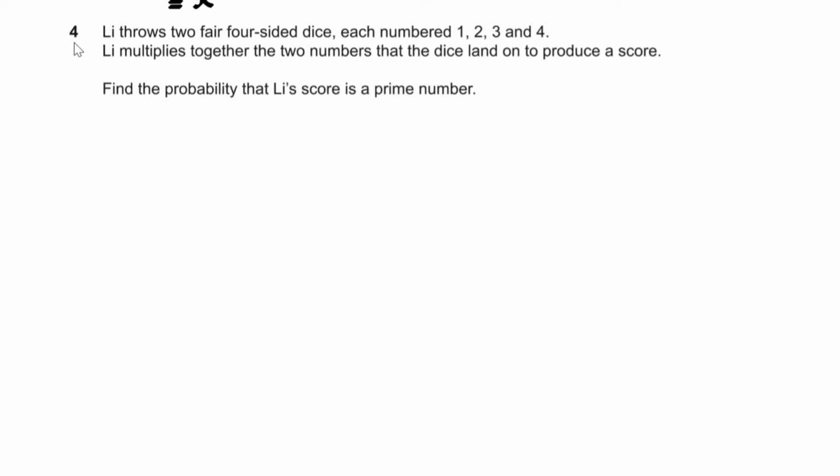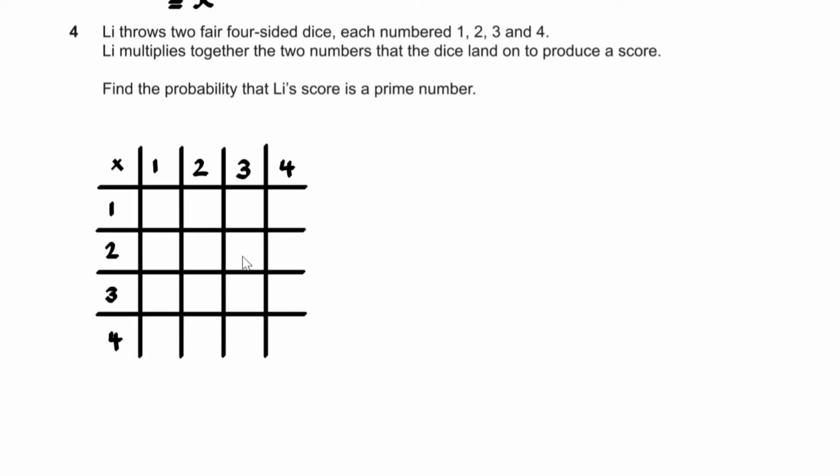Question number 4. Lee throws 2 fair 4-sided dice, each numbered 1, 2, 3 and 4. Lee multiplies together the two numbers that the dice land on to produce a score. We have to find the probability that Lee's score is a prime number. If we create a sample space diagram, such as the one we see here, we've got the first die, with outcomes of 1, 2, 3 and 4, and the second die, with outcomes of 1, 2, 3 and 4. If we multiply the two scores together, 1 times 1 is 1, 1 times 2 is 2, 1 times 3 is 3, 1 times 4 is 4, 2 times 1 is 2, 3 times 1 is 3, 4 times 1 is 4, 2 times 2 is 4, 2 times 3 is 6, 2 times 4 is 8,